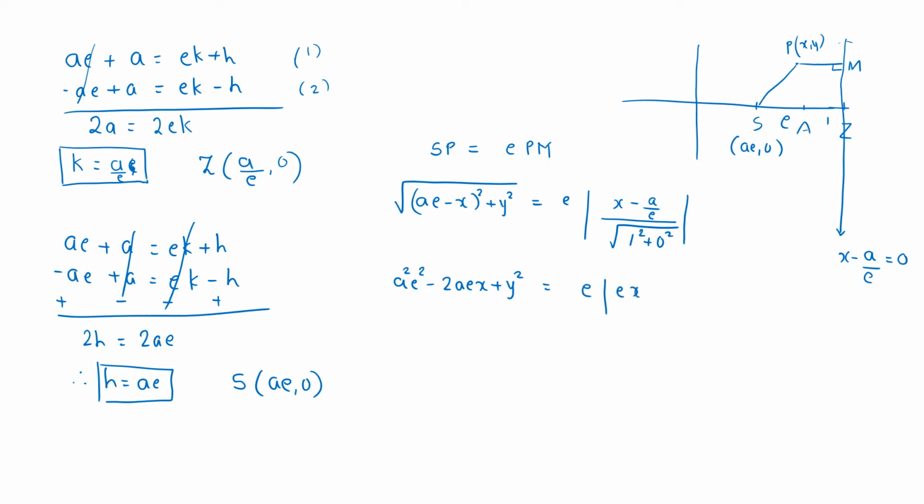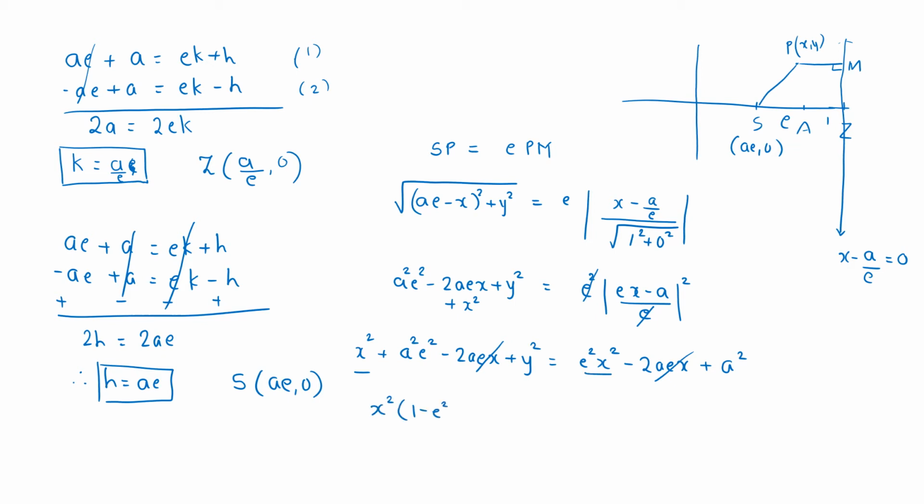This will become ex minus a by e, इसका स्क्वायर. ठीक है? तो ये e स्क्वायर और e स्क्वायर कट हो जाएगा. सो व्हाट इज लेफ्ट? a स्क्वायर e स्क्वायर e स्क्वायर x स्क्वायर माइनस 2aex प्लस a स्क्वायर. सो 2aex कैंसल. करेक्ट? और प्लस x स्क्वायर, I forgot, extremely sorry children, प्लस x स्क्वायर मैं भूल गया. सो व्हाट इज लेफ्ट? आई कैन टेक x स्क्वायर कॉमन फ्रॉम हियर, तो क्या बचेगा?